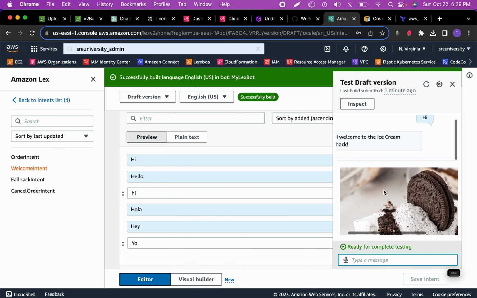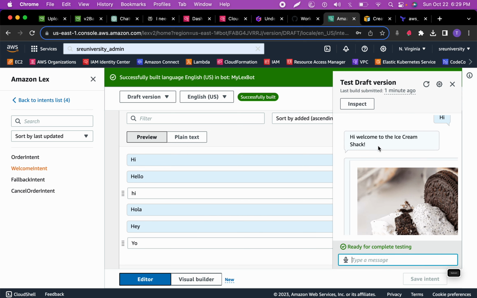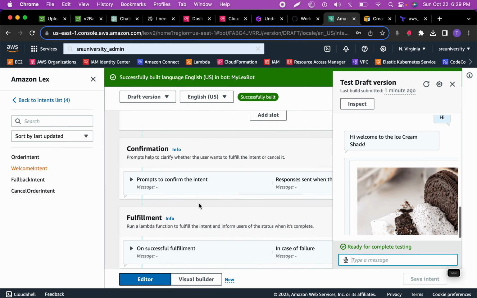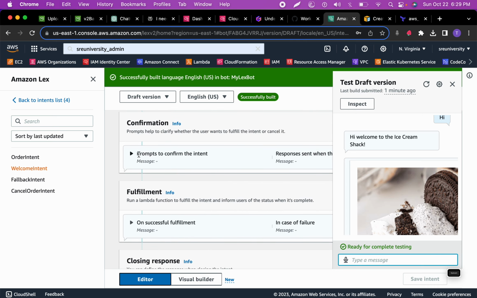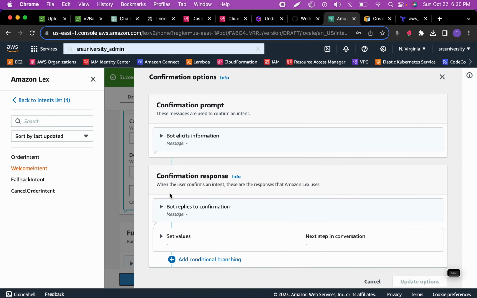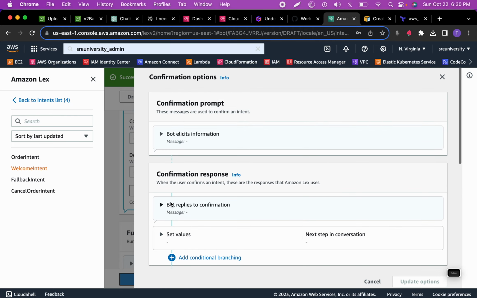I've already configured this. So, hi, welcome to the Ice Cream Shack. That's going to be over here. I'm using what's called cards. These cards are